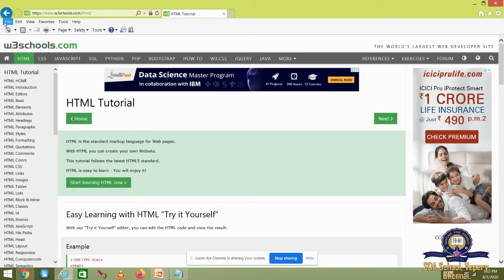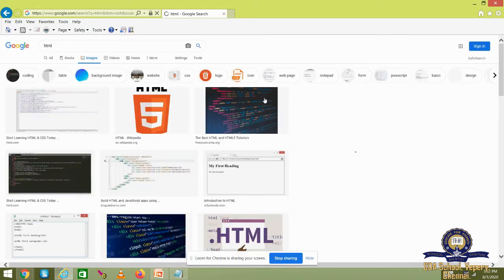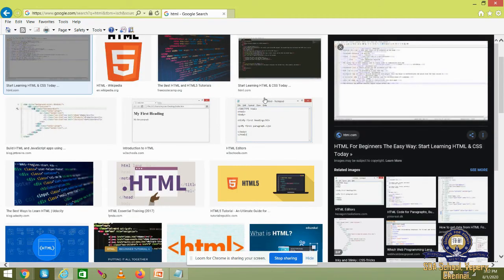Similarly, you can use a link either in text as well as in images also. Look at these images. You can even use these images as links, and also you can use email as a link. When you click on this, the image will be opened in enlarged format. So these are the links. Links are nothing but linking together or interconnecting different pages.